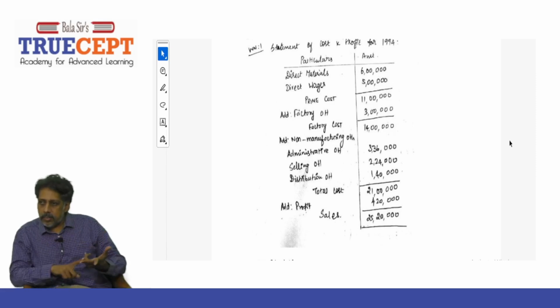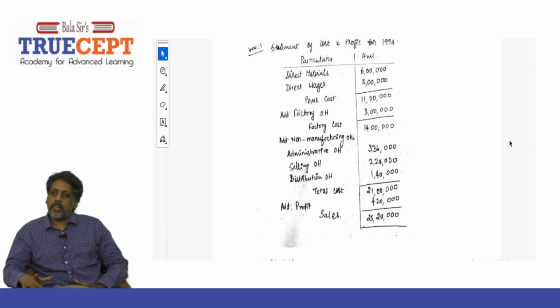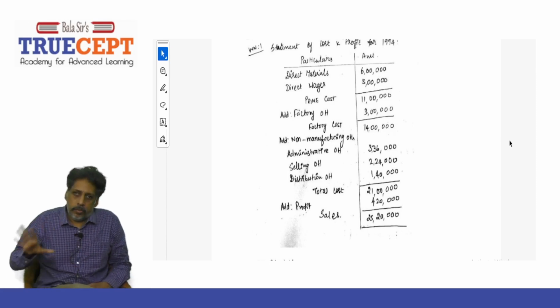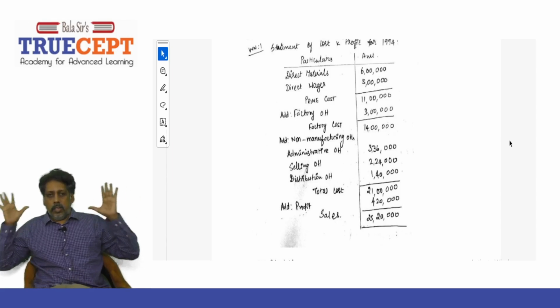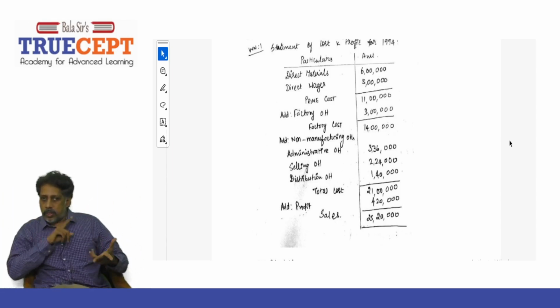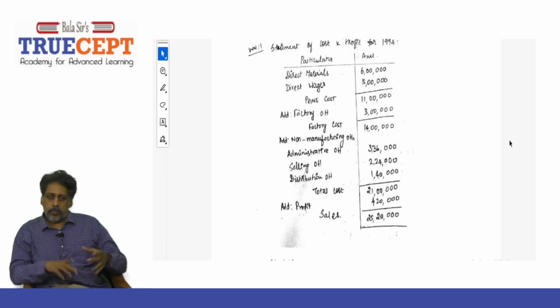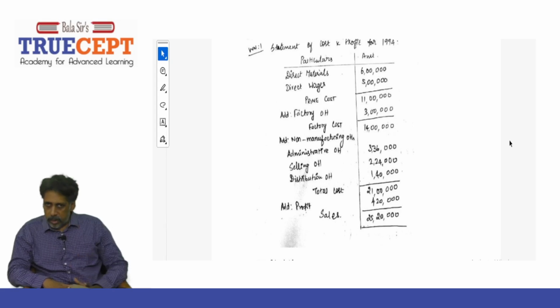Therefore, sales 25,20,000. That means you sold the goods you produced in the year 1994 for 25,20,000. Now, that is step number 1, okay? Now, step number 2,